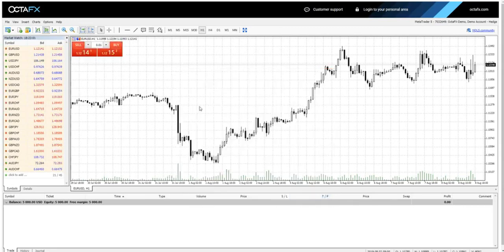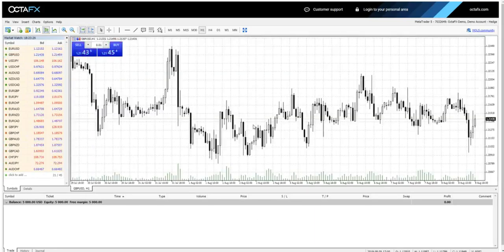So on the left-hand side, we can see the different markets that are available to trade with OctaFX. And we can see here euro dollar, which is the current chart selected. So you can see here euro dollar spread just around a pip. For pound against US dollar, we can actually just left click on the symbol or the currency pair, left click, hold down, and release it onto the chart. And this will open up a new chart of the currency we're looking at, which in this case is pound against the US dollar. And we can see again about a pip, between 1 to 2 pip spread there